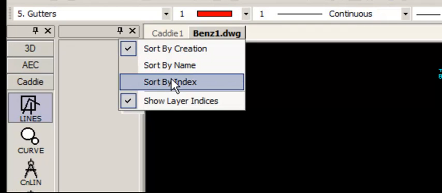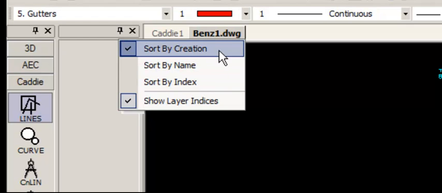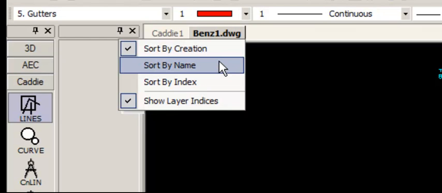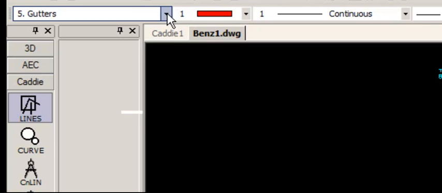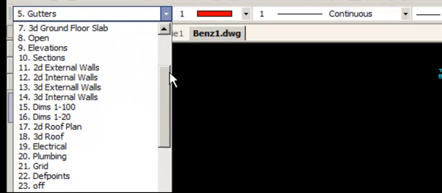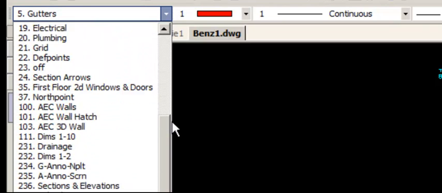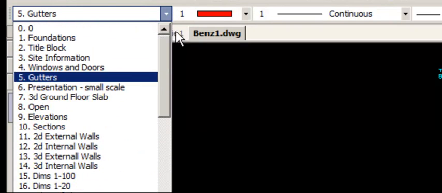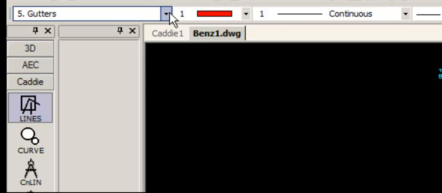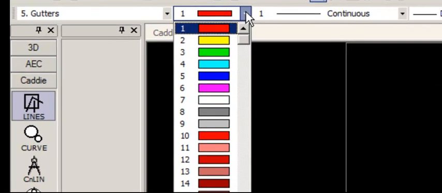I right click in the list and I can select sort by creation, sort by name and sort by index. I'm going to select sort by index. When I select it, they are neatly sorted from